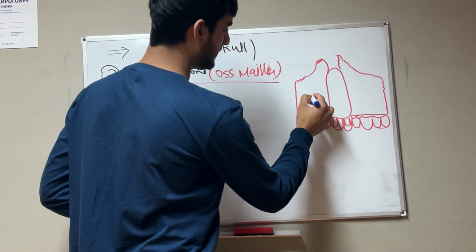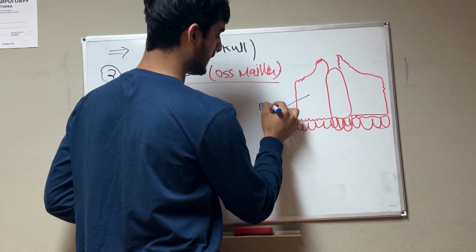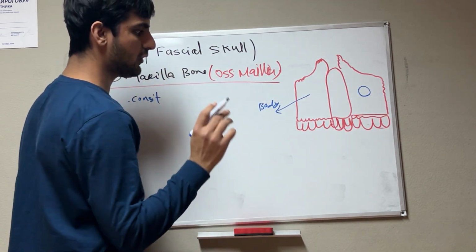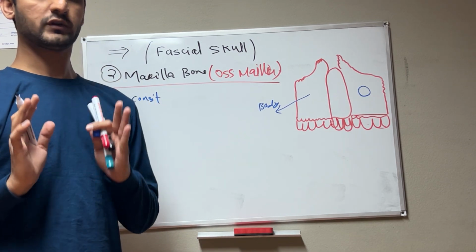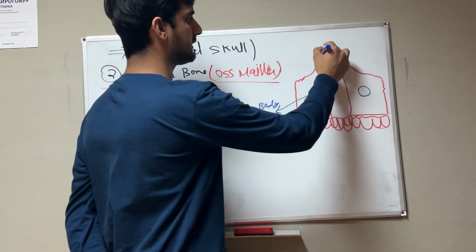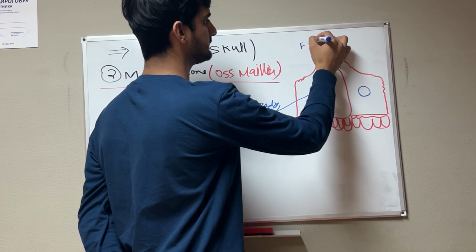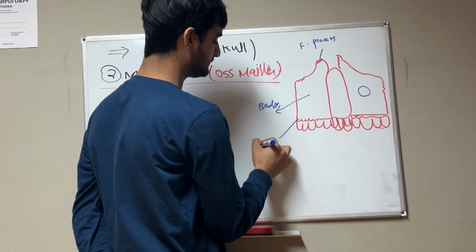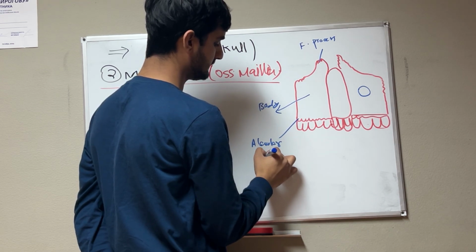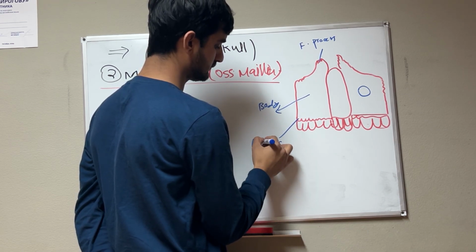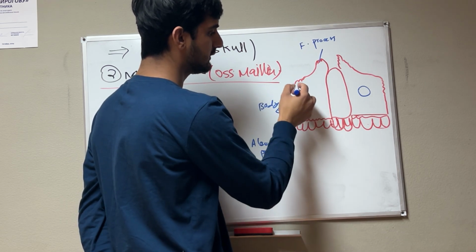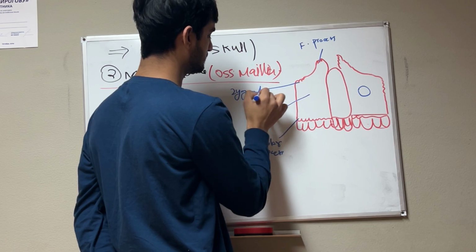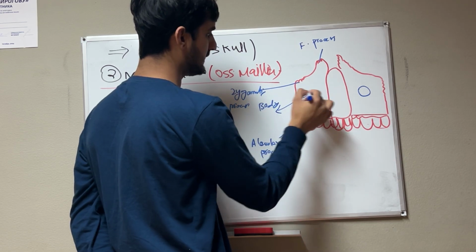First we have the body. This is the body of the maxilla bone. Here, this is the body, and then we have four processes in the maxilla bone. This one is the frontal process. This one is the alveolar process. This one is the zygomatic process. And this one is